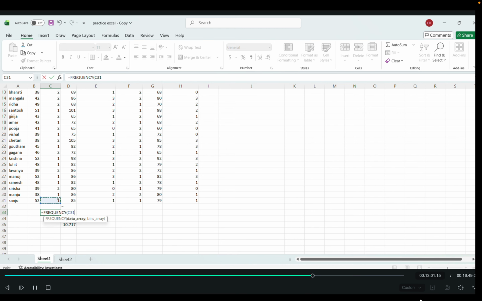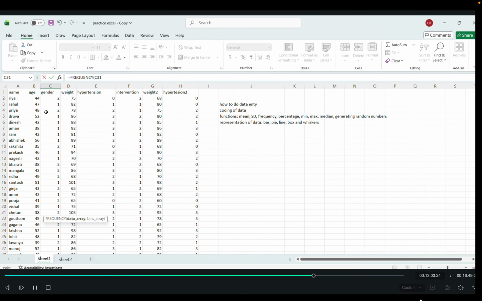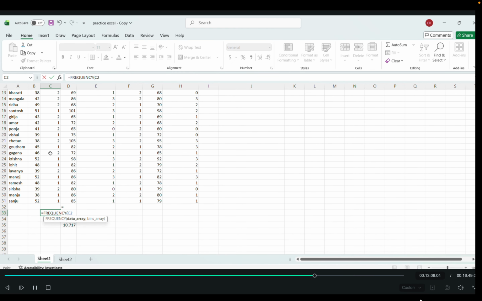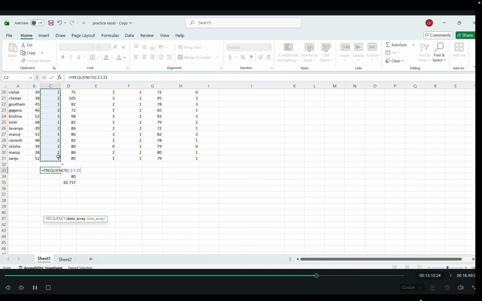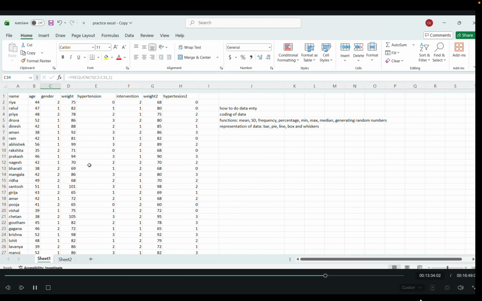You just give C31 to C2, so C1 to C32, then you have to give a comma and give what you want as the frequency. I want to see the frequency of male first, so I give 1 and close the bracket, enter, and it gave me 18. So now of 30, 18 are male and 12 are female. So this is how we check the frequency.